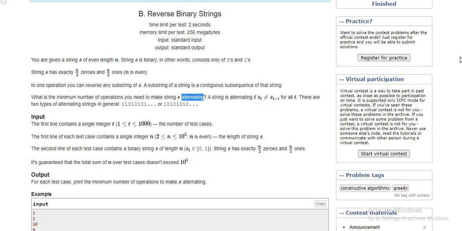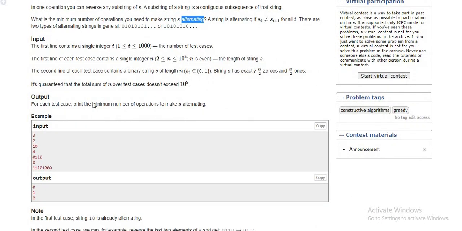Okay, so here are some of the test cases they have mentioned. The first test case has size 2 and contains the elements 1 0. Here the string is already in alternating form, so we don't have to perform any operation, and that's why the output is 0.